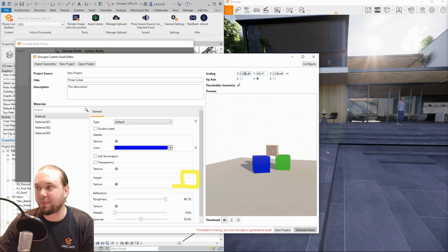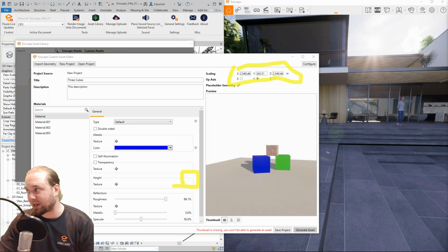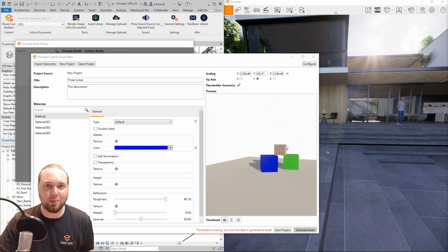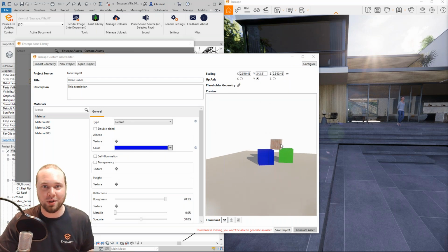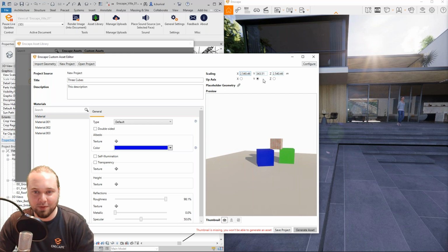So this might be the first thing that you want to look into as soon as importing a 3D asset, because oftentimes that will be wrong. And the first thing you notice is when you try to move in the Enscape window here on the right side, and you're not really moving very fast. That means the scene is actually just really, really large compared to your camera speed. So instead, let's go with